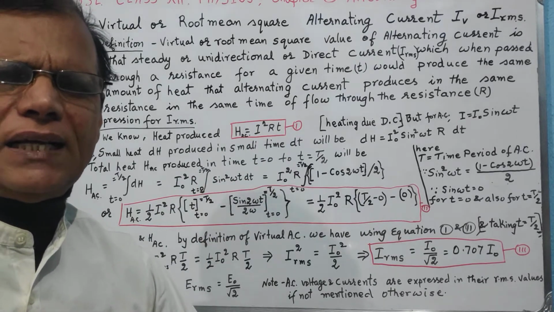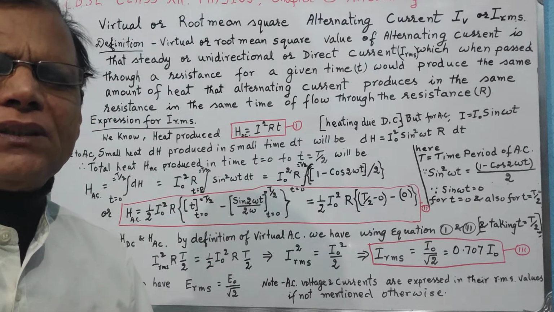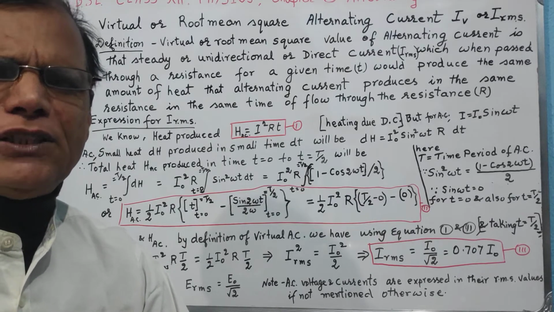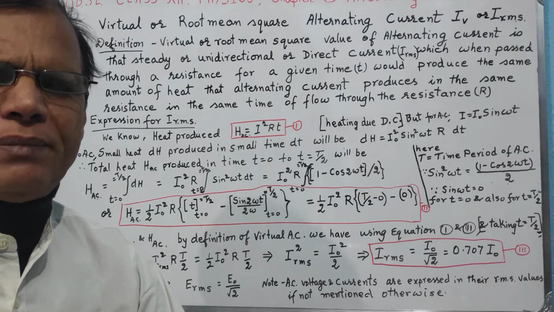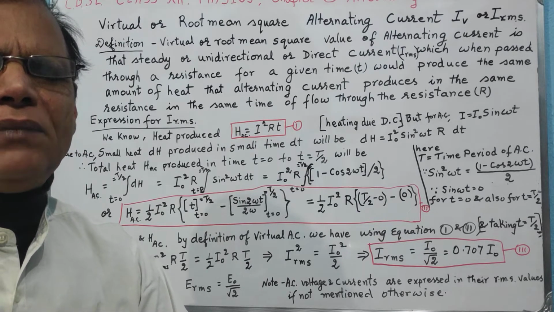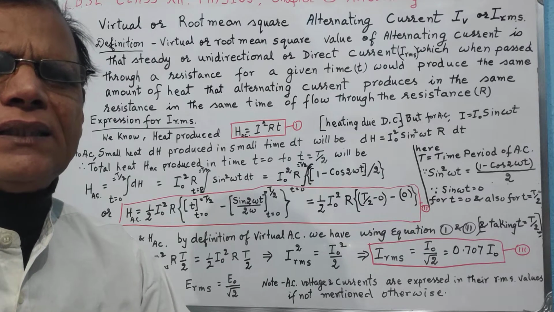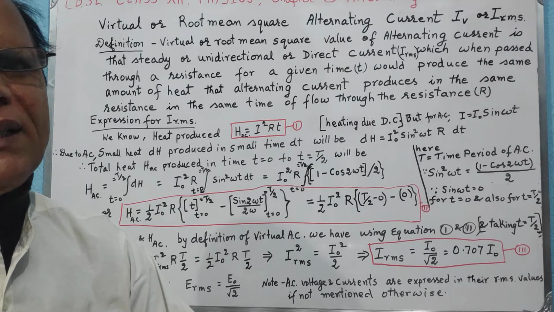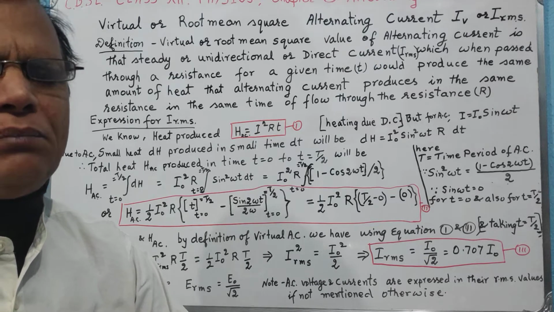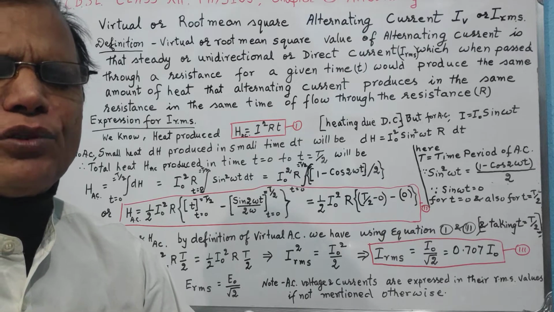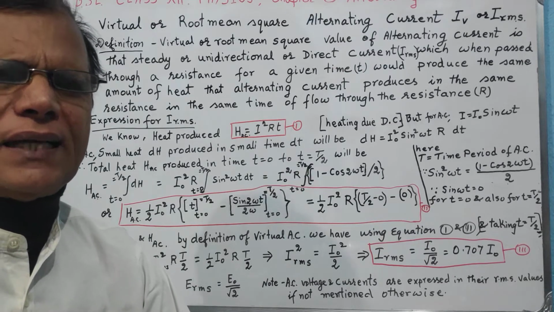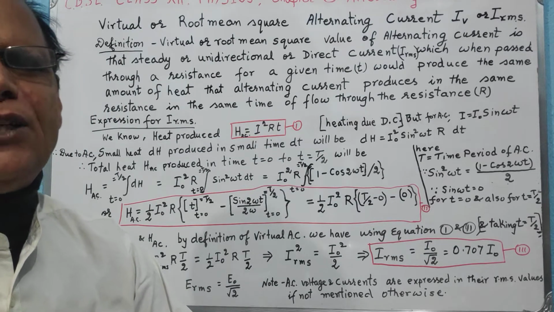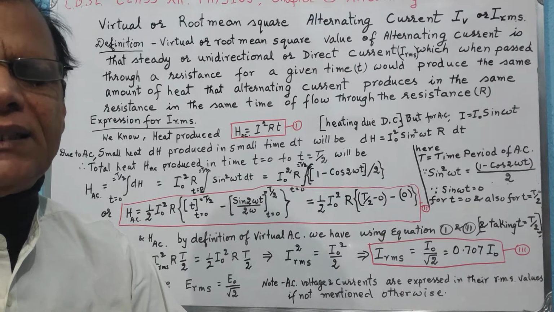You all have learned this in class 10. So this was found to be fundamental whether the current is a steady current, means unidirectional flow of charge is happening, or AC current, means flow of charge is reversed after each half cycle. So on the basis of this fundamental fact that heat will be produced either it is flowing in one direction or flowing in another direction, we define the equivalent value of AC in terms of DC current.